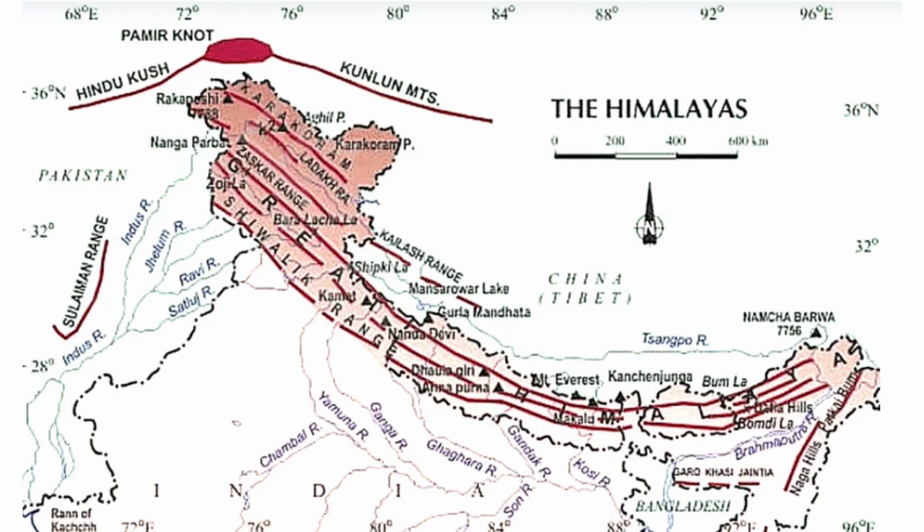So the Himalayas are not just mountains. They are the result of millions of years of the Earth's dynamic processes. They protect us from the cold winds from Siberia, give birth to major rivers, and are the home of diverse plants, animals, and cultures. Understanding their formation helps us appreciate the powerful forces that shape our